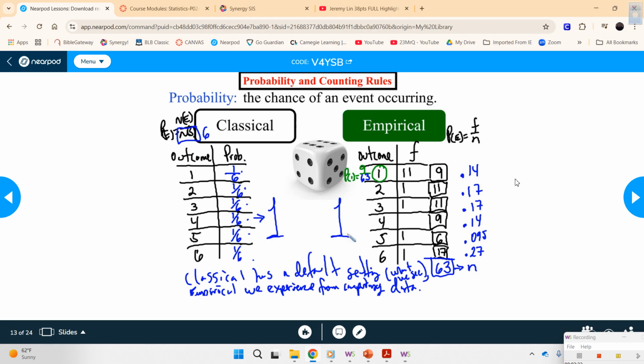From there, we did an exercise yesterday to compare classical versus empirical. We had formulas for each. Is that correct? Yes, Mr. Q. And we said that both of them should be equal to 1. Well, actually, the empirical was very close. Remember that? 0.997, 0.996, 0.999. Some of you actually got 1, but classical is exactly 1. 1/6 plus 1/6 plus 1/6 plus 1/6 plus 1/6 plus 1/6 should equal 1, whereas empirical was approximating 1. All right, so